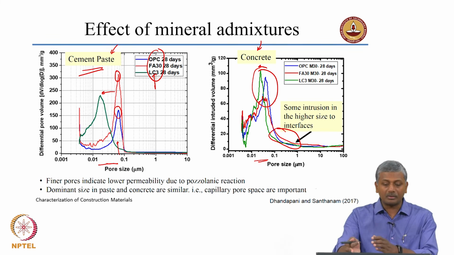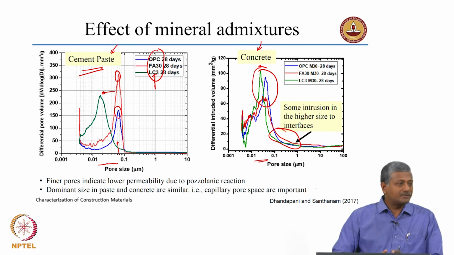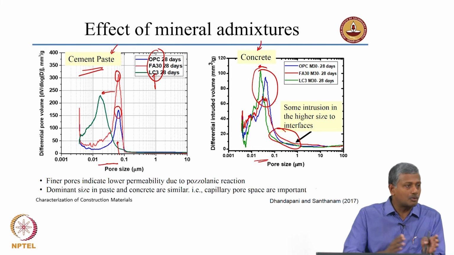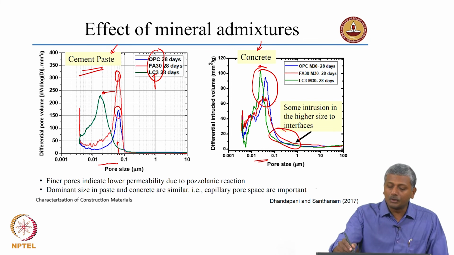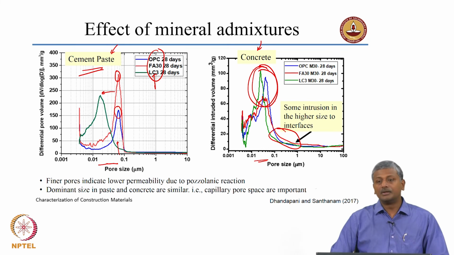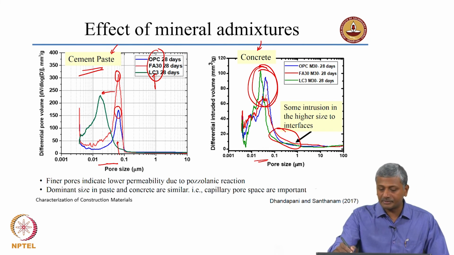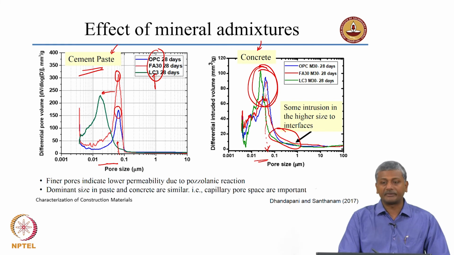So, the paste in concrete gets fine porosity to the same extent as the regular cementitious paste itself. So, irrespective of whether you choose a paste system or concrete system, your mercury intrusion porosimetry experiment is giving you a result of a consistent pore diameter. Of course, one thing you can see is with respect to the cement and fly ash systems, the critical pore size is slightly lower in concrete as opposed to what you got in paste.